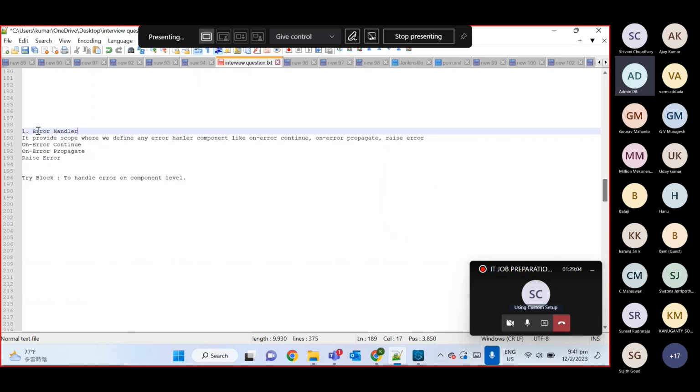So this error handler component does nothing by itself. It just gives you one scope where you can handle the error with the help of on error continue, on error propagate, or raise error. If you go in Studio also,